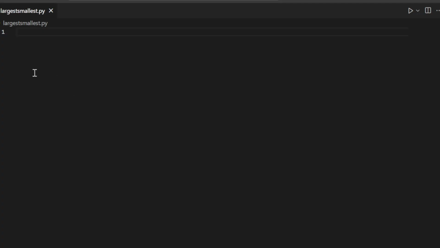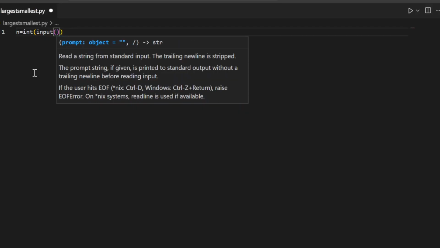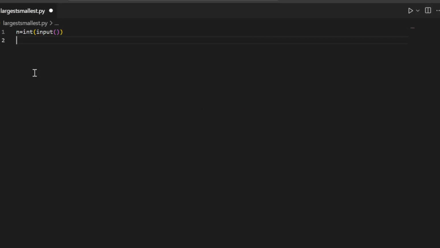first we input the number of elements in an array. Let it be n is equal to int of input. Why I have taken int of input means if we take the input methods, we take the user value string. In order to take the integer value, so I have used the int of input. Then we have to